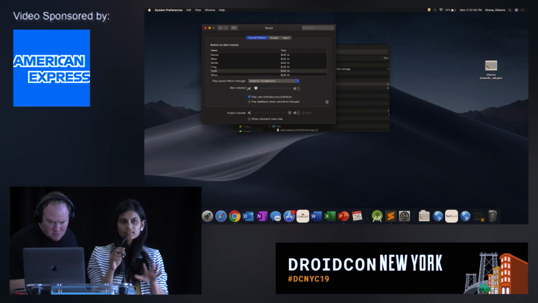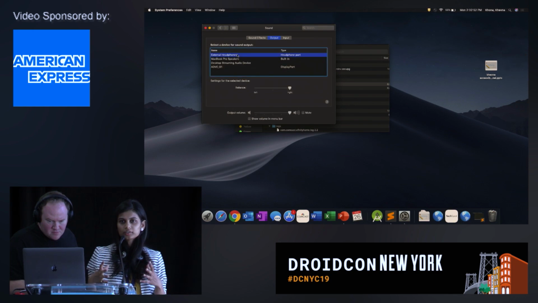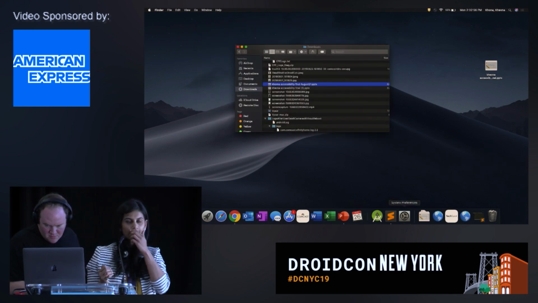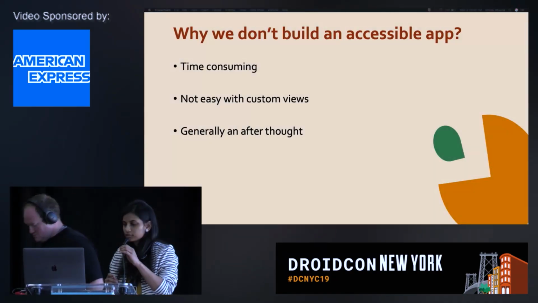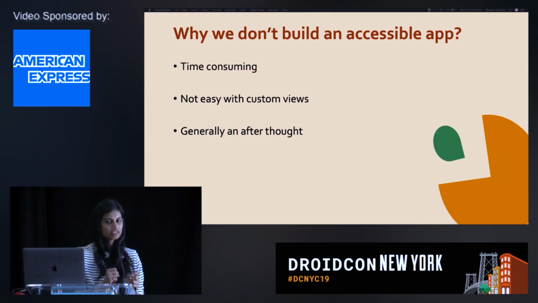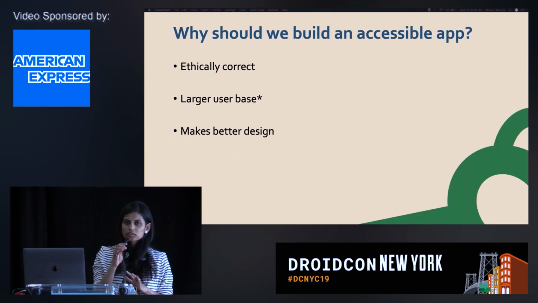And the third thing is that generally it's an afterthought, because most of the time that is not our first thing in mind. We want to just deliver a functional thing out there, and we sort of retrofit this inside of our app, and it's not always easy to just go and refactor your layouts. Despite all these reasons that I just mentioned, I think it is very important that we do support